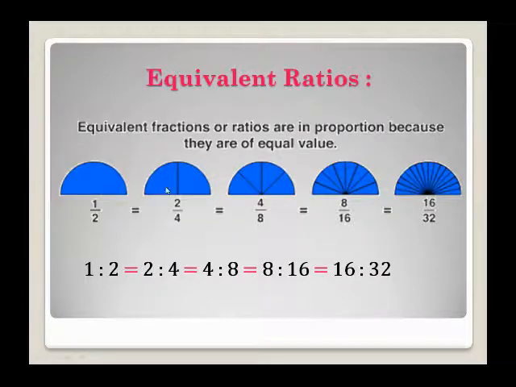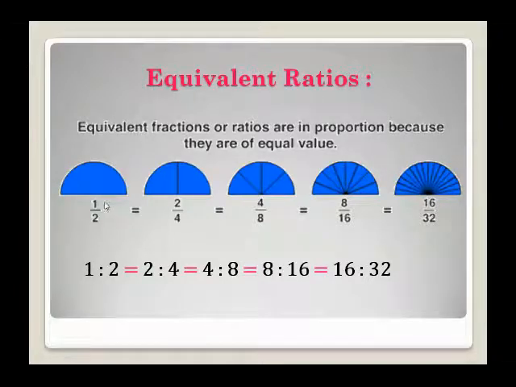Students, as you see, all the semicircles are the same, but we divided the semicircle into two parts. So here we write 2 upon 4. Why do we write 2 upon 4? Because the complete circle has 4 parts. Here we divide the semicircle into 4 parts, so we write 4 upon 8. Now we divide the semicircle into 8 parts, so the semicircle has 8 parts and the other semicircle again has 8 parts. So the complete parts are 16, and in fraction form we write 8 upon 16. In a similar way, if we divide the semicircle into 16 parts, the complete circle is 16 upon 32.